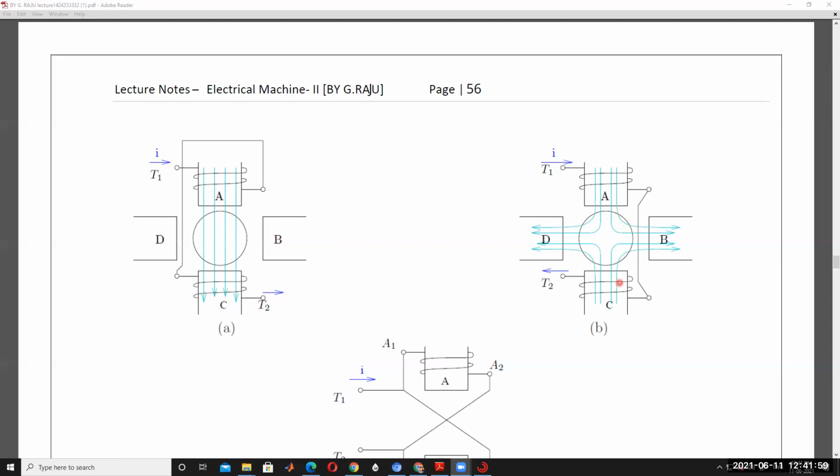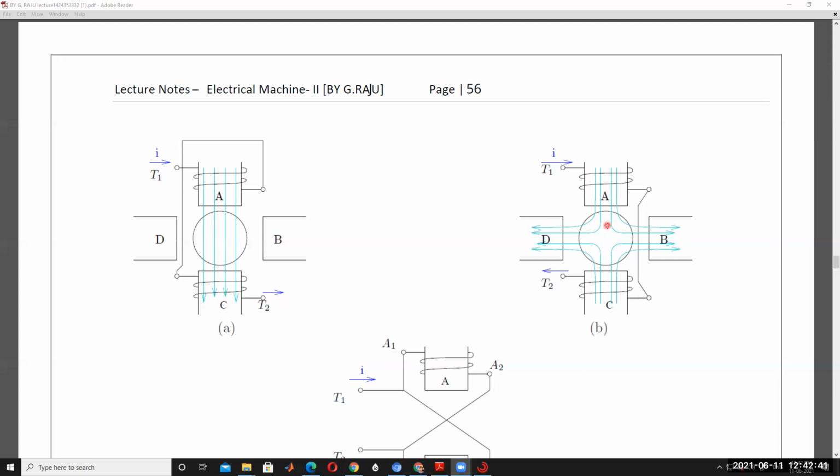But this is called series opposing. The flux entering the rotor circuit is like this. Compared to A, the flux is not leaving here, so this flux is in the opposite direction and enters the rotor circuit. The A pole phase flux enters the rotor circuit through the air gap like this. In pole phase C, the flux also enters the rotor circuit through the air gap like this.